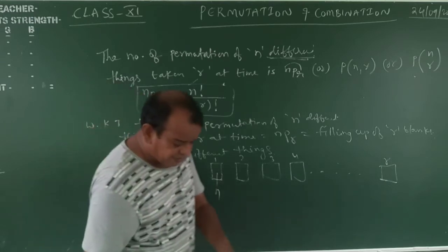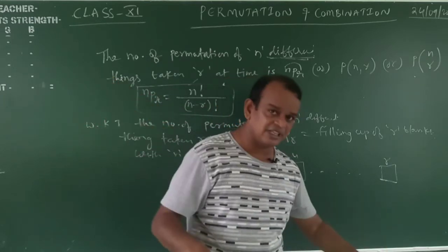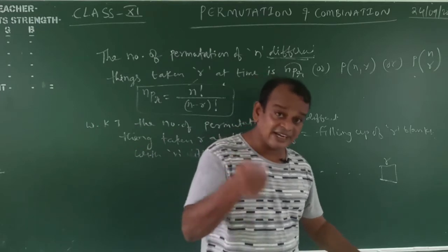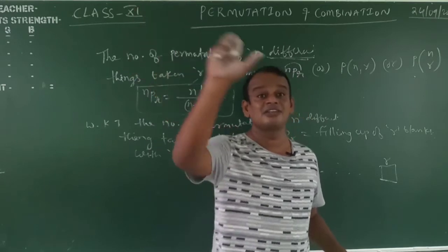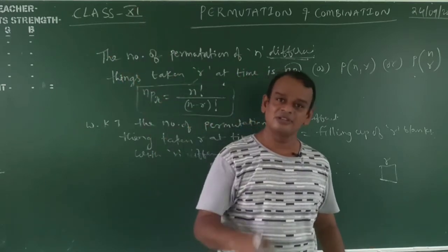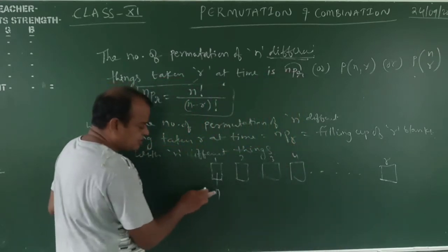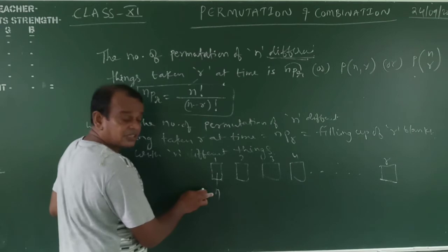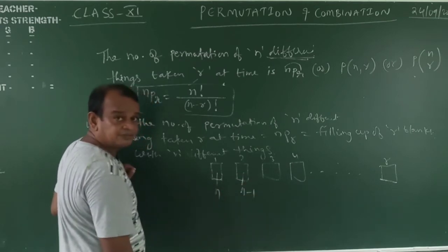For suppose here in the first chair one student is sitting. Remaining how many are left? 9 students are there. Now we are coming to the second chair. In the second chair also, how many students are sitting? Only one student sitting, but chances 9 chances. 9 students are there, 9 chances. I hope you understood or not? Yes. Here sitting one student means how many things are left? N minus 1 things are left. In the second blank 100%, N minus 1.